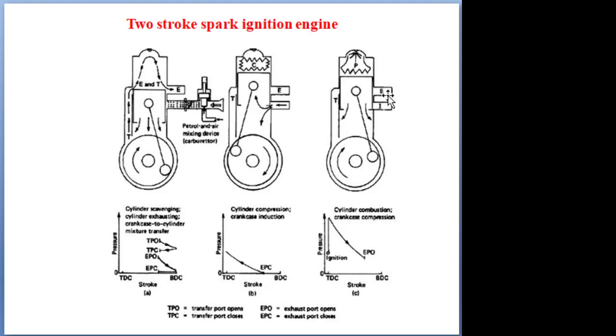With further movement, the exhaust port will open and maximum exhaust gas will escape. With further movement, the transfer port will open, and the semi-compressed air fuel mixture enters the cylinder. So this is the cyclic operation. In this cyclic operation, in a single rotation of the crankshaft, with only one upward motion and one downward motion of the piston, we complete 5 processes.